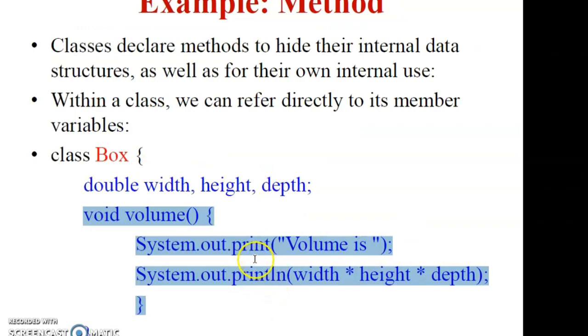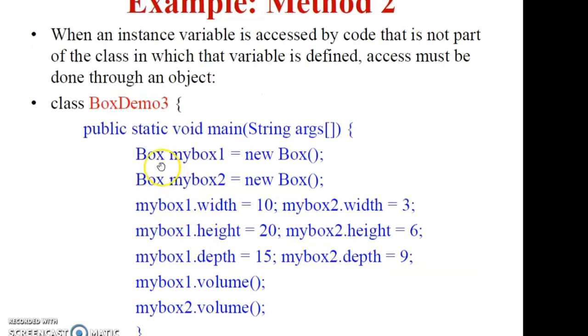Here, this function you should remember. Now we are going to explain that function with a live example. Here class BoxDemo3, this is the class name. We created another class named BoxDemo3. Within the class we started public static void main. See, main itself is a function.